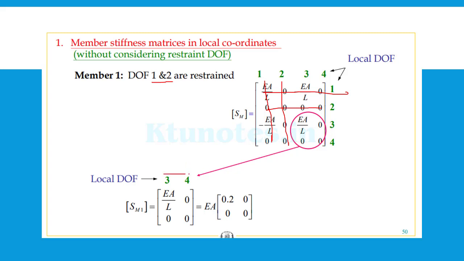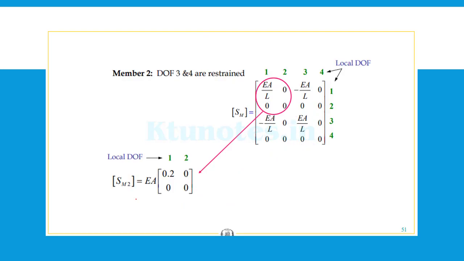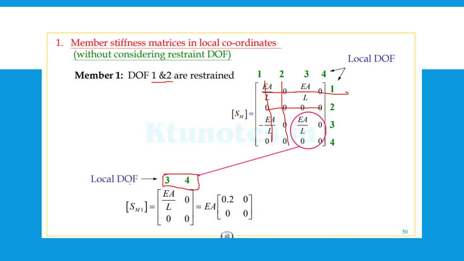This is for 3, 4 where there is some deflection. SM1 is equal to EA into 0.2, 0, 0, 0. And for member 2,